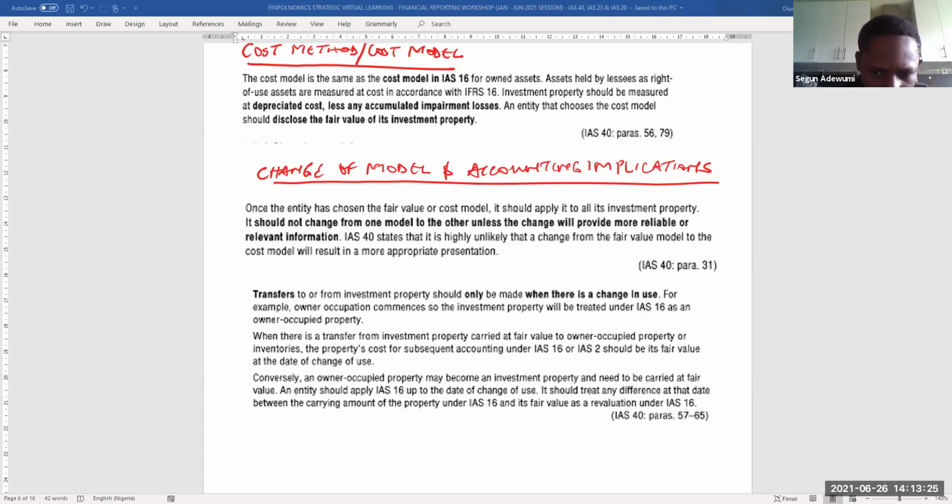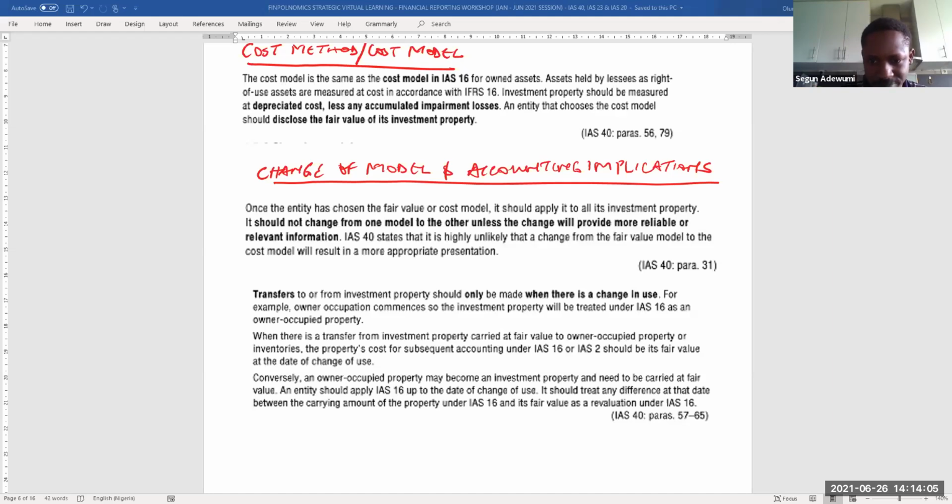When there is a transfer from investment property carried at fair value to owner-occupied property or inventories, the property's cost for subsequent accounting under IAS 16 or IAS 2 should be its fair value at the date of change of use. Conversely, an owner-occupied property may become an investment property and need to be carried at fair value. An entity should apply IAS 16 up to the date of change of use. It should treat any difference at that date between the carrying amount of the property under IAS 16 and its fair value as a revaluation